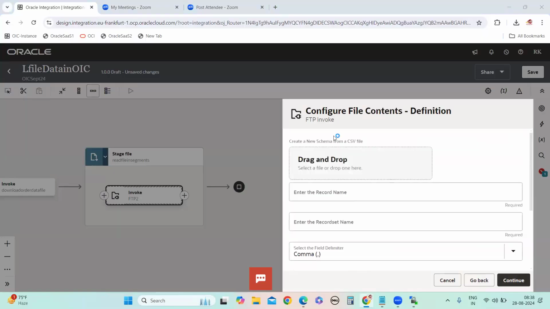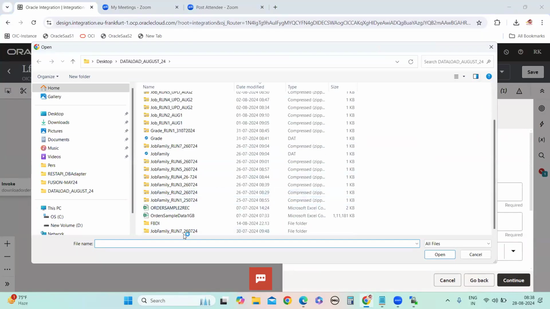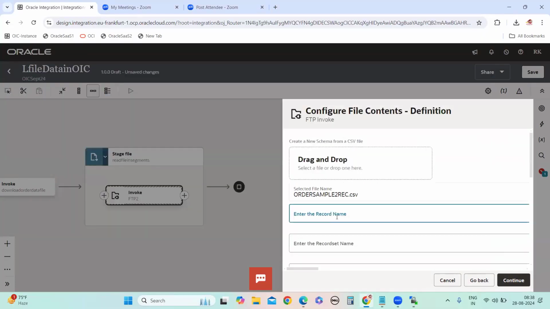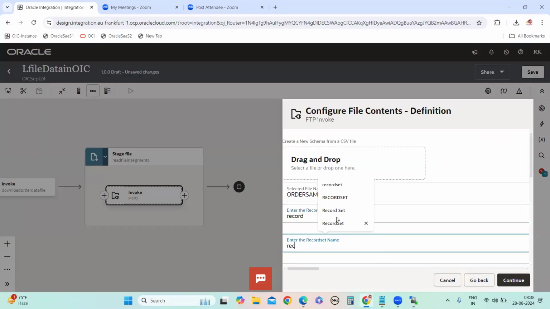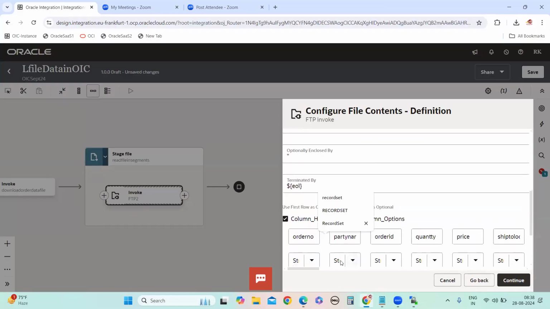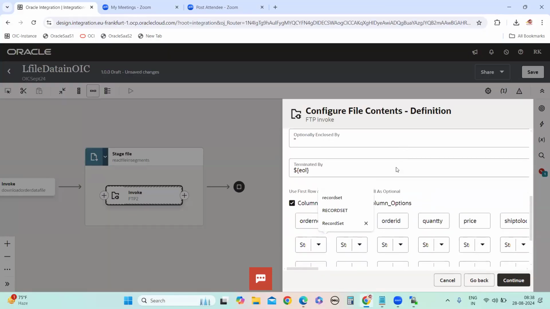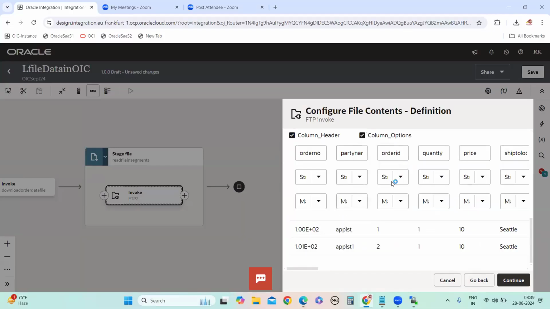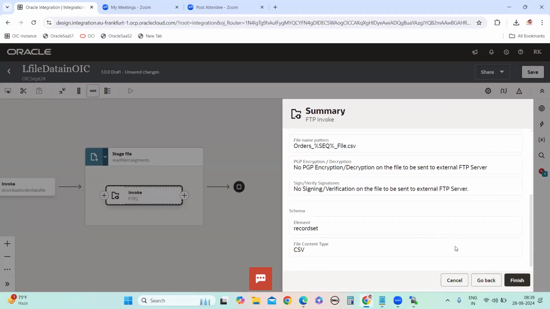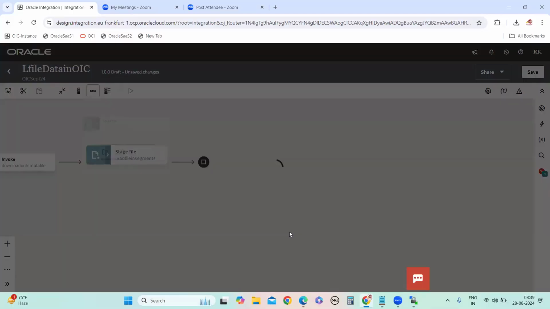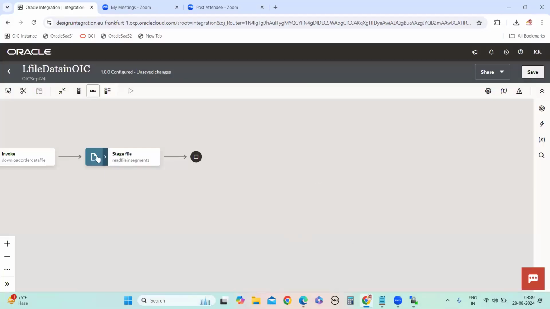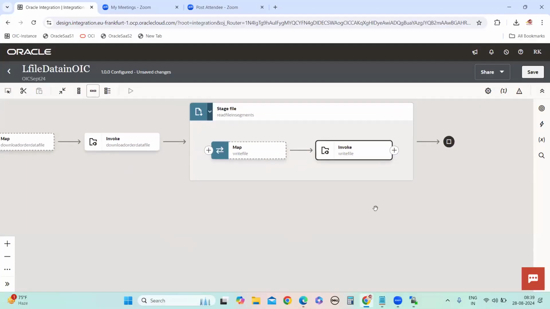Here also we have to mention the write file directory structure. Understand or not?